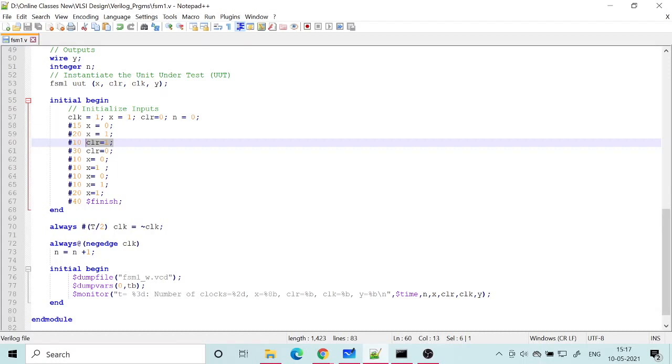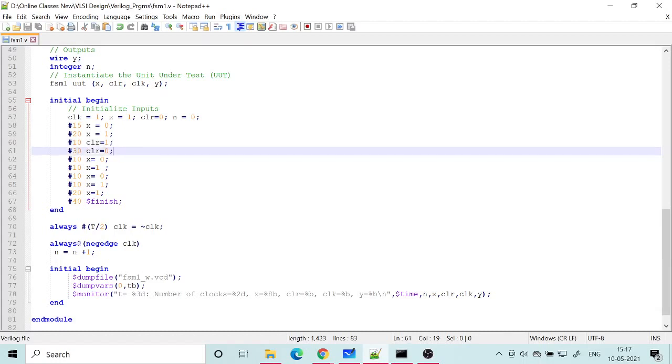But if clear is 0, the normal operation, so what I am doing here is keeping clear at high state for 30 nanoseconds, and then always keeping clear equal to 0. Then I keep changing X equal to 0, X equal to 1, so I can only change like that. If I want only X equal to 0, you keep the time long enough, that much time X will be kept as 0, but if I want to make it 1, then I need to change. If I want it to remain at 1, then you can make it remain at 1 for as long as the time that I have specified here.